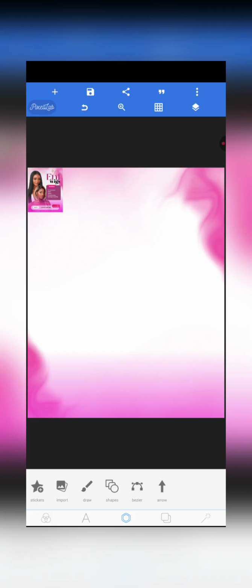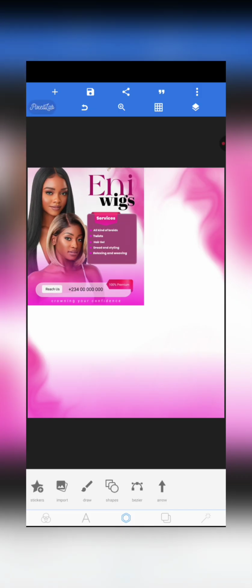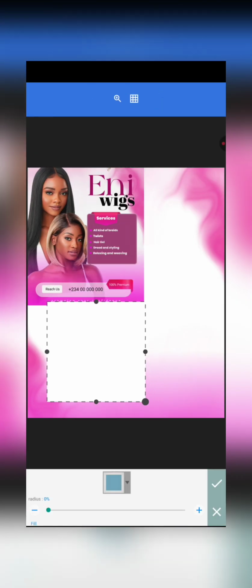So what is the next thing? The next thing we are going to be doing is create our boxes before we add our image. So what I do is that when I'm trying to recreate the design, I first create a structure of how this was achieved. So before adding our image and text, we want to first create all the structure you see there, basically the shapes. So we click on our shape, extend it,